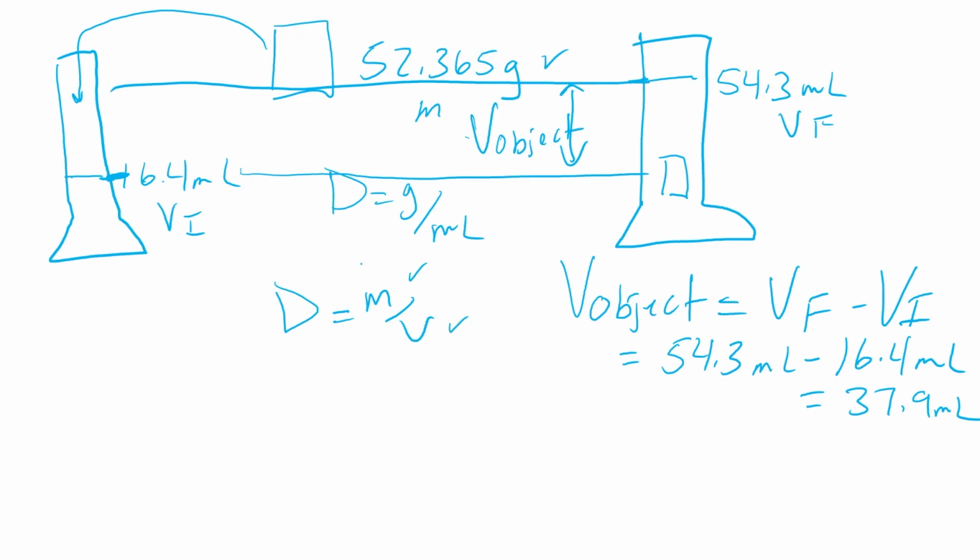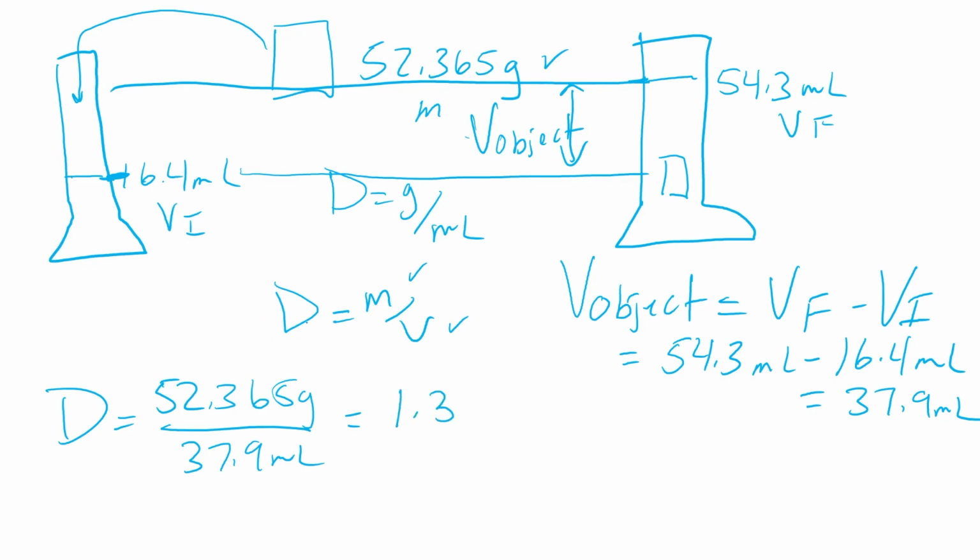So now we do have the bottom of what we need. We could put it in there. Density will equal our mass, which was 52.365 grams, divided by our volume of 37.9 milliliters. Gonna punch that in there, 52.365 divided by 37.9. Hopefully I hit all the right numbers. Gonna go with, on our calculator,